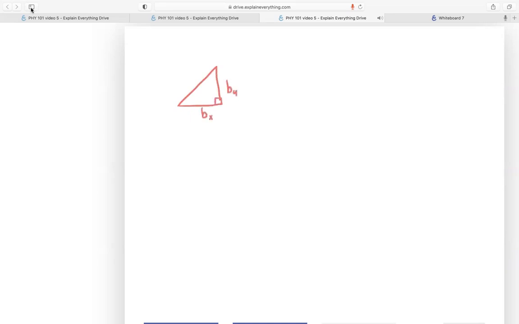This is bx, this is by, and that is b, and the angle is theta. So you can actually use any angle, sine theta, cosine theta, or tan theta, but people always use tan theta when finding the direction. Again, there is no preference. Tan theta equals by over bx, opposite over adjacent. So you take the inverse of tan in order to find the